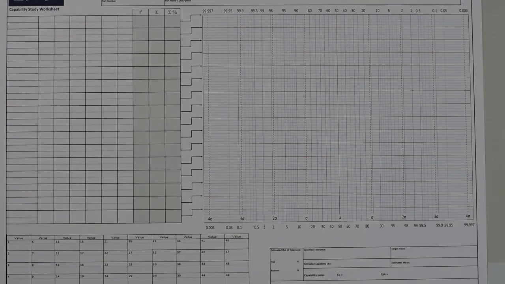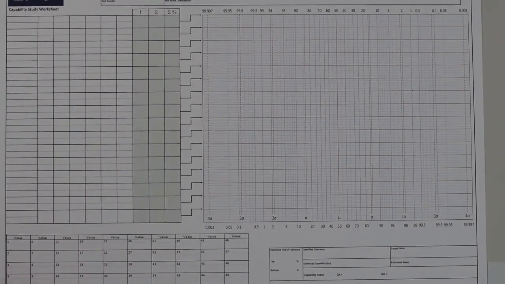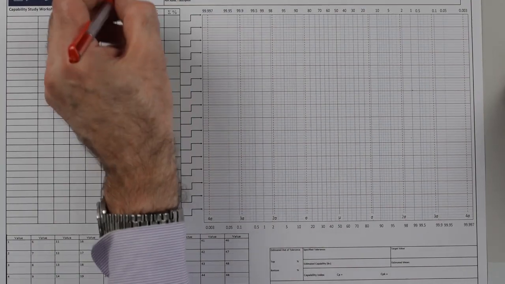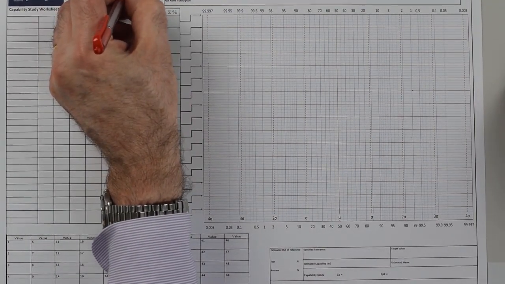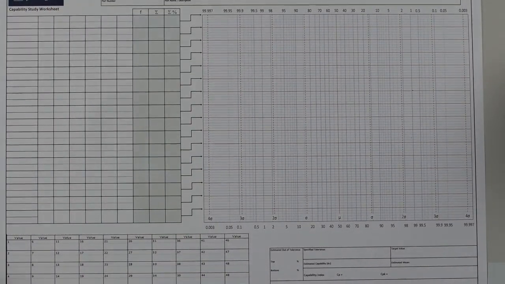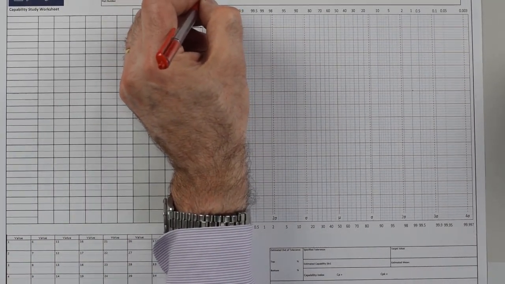So here we have our capability worksheet, and the first thing to do is to put all the information and all the data you have from the worksheet into the chart. But before you do that, the most important thing to do is complete why the data was collected, where it was collected, and when it was collected. So at the top, we will have location, which is University of Glasgow. We have the characteristic, in this case it's shaft diameter, and we also may or may not have a nominal specification. In this case we have a nominal specification which is